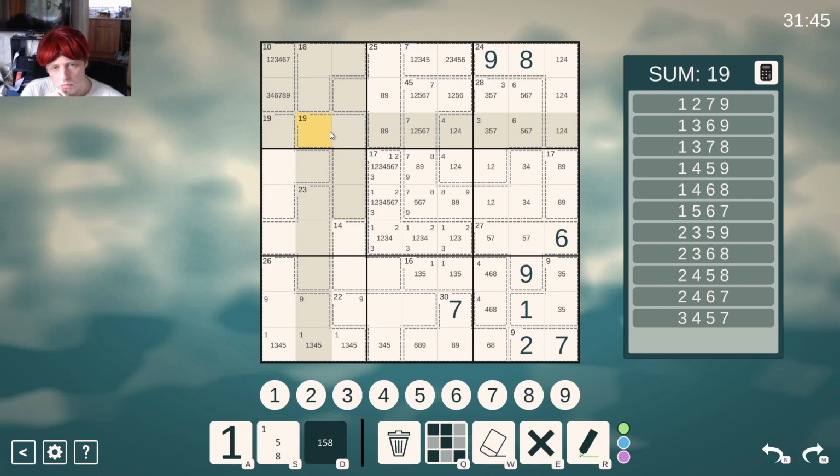So that could contain one of 8 and 9. Can't contain both of them, but that's already a given. 8 and 9 cannot be here. That, yeah, that can contain